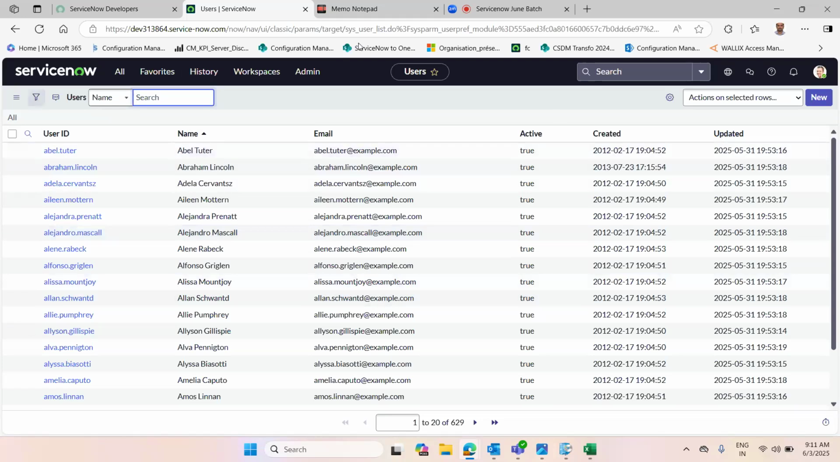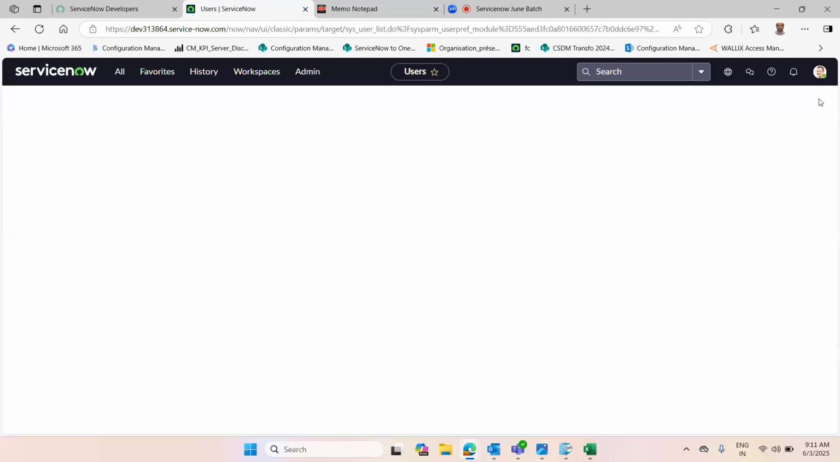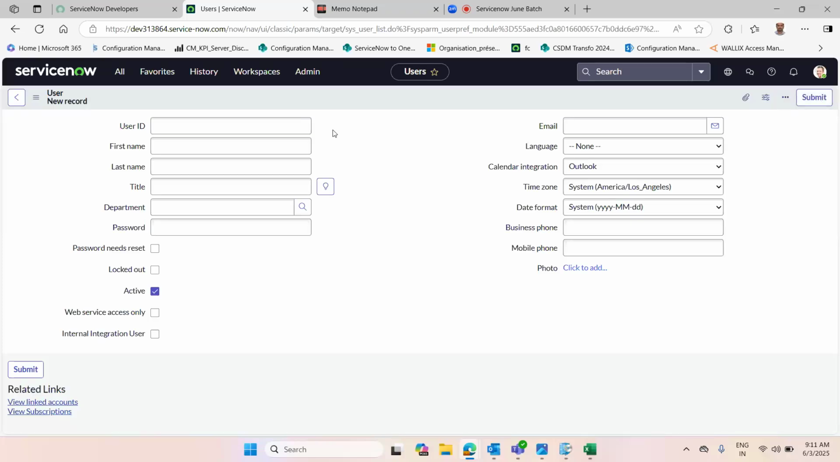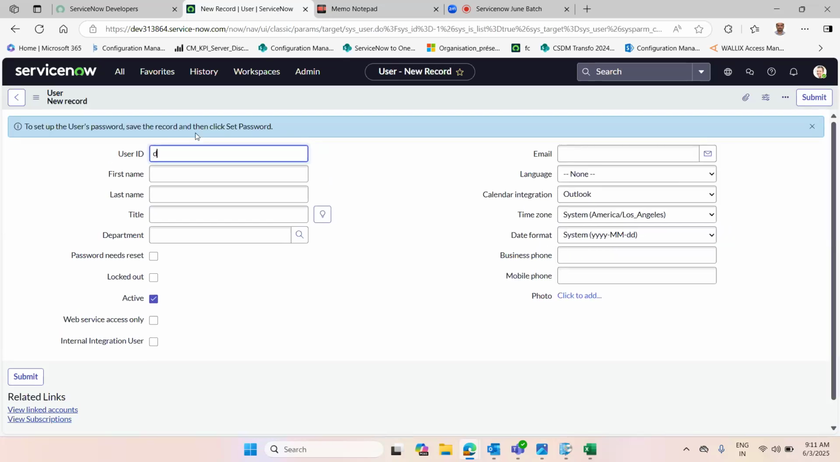If you want to create a new user, you can use this New button. Here is the form to create a new user. You can give the name. User ID is unique, like our employee ID. Let me give my employee ID, let's say 4G. It must be unique. Okay, and save. The first password is